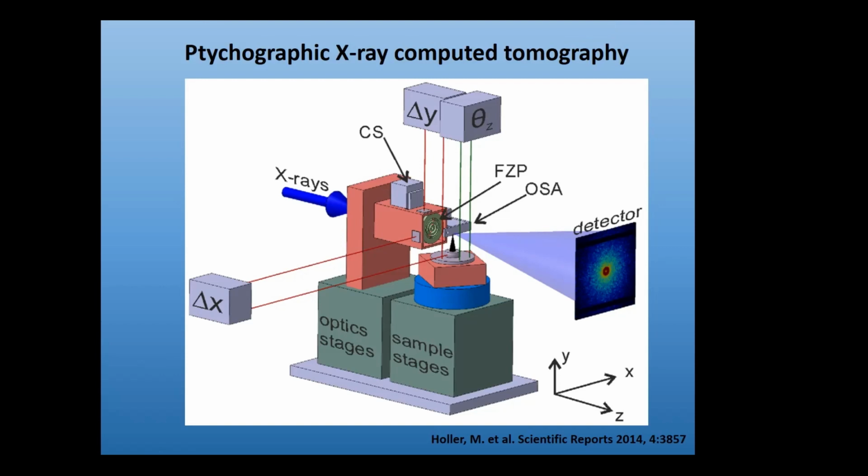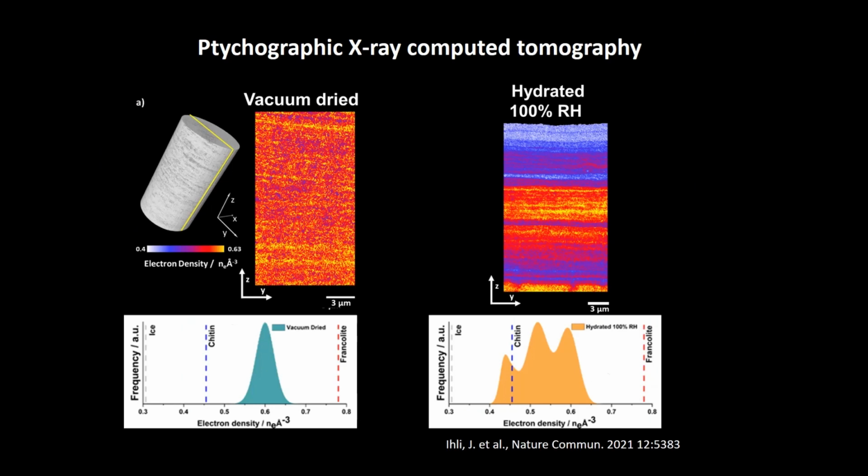And what we did was to mill a pillar of the shell. Actually, we had to do it at different samples. One we exposed to vacuum, and the other one we exposed to 100% humidity. And what you see here is an electron density map out of a section from the pillar. And here at the bottom, we have the histogram showing the electron density distribution